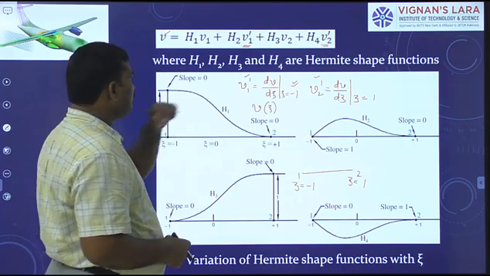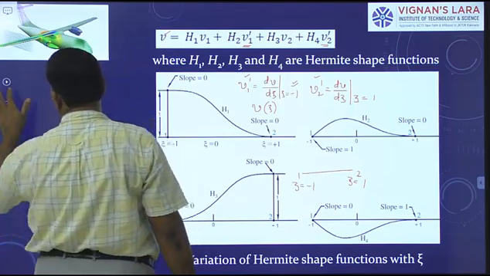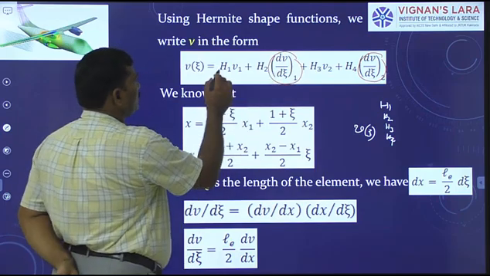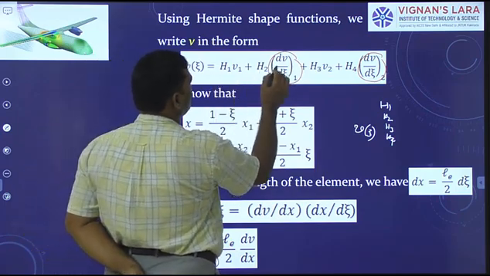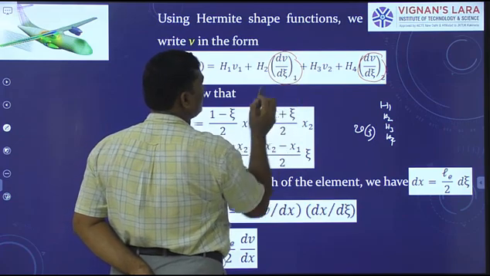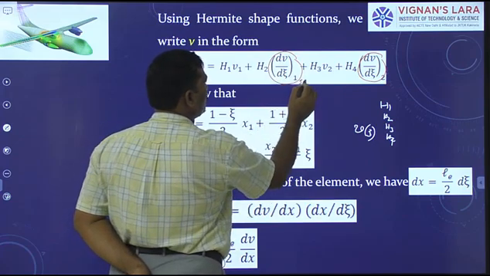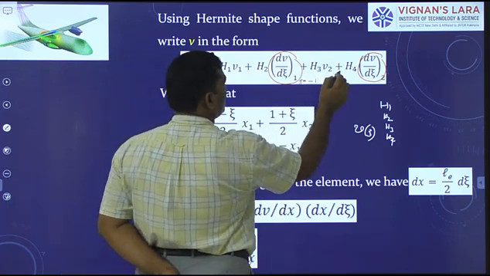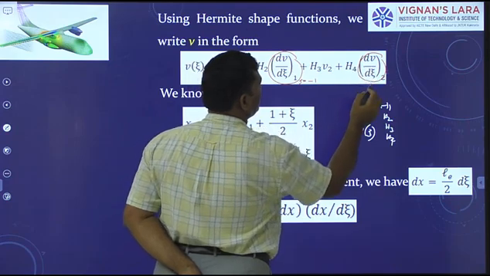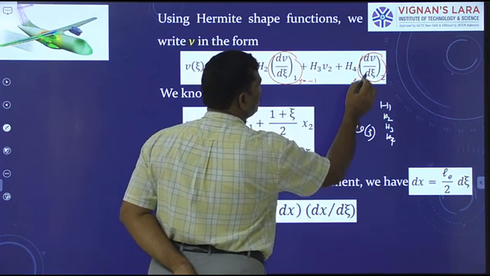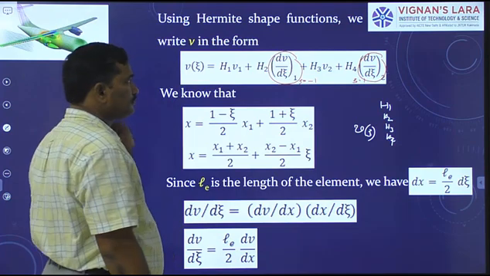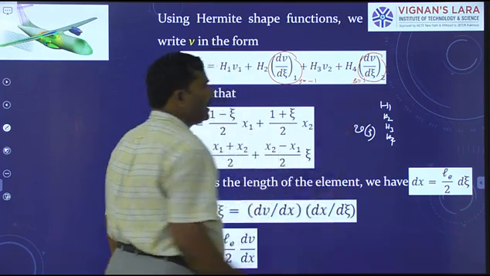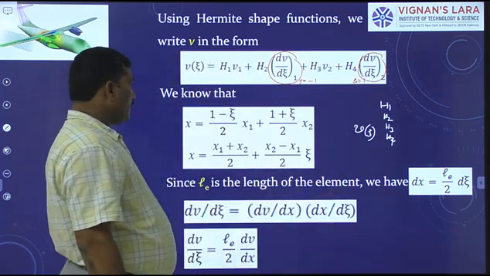Understand? They represent the slopes of the beam element at nodes 1 and 2 respectively. Right? This is the reason why we express the beam deflection V like this. Okay? H1 V1 plus H2 into dV by dJ at node 1, that is at J equal to minus 1, plus H3 V2 plus H4 into dV by dJ at J equal to plus 1, that is at node 2. Understand? Okay? Now,